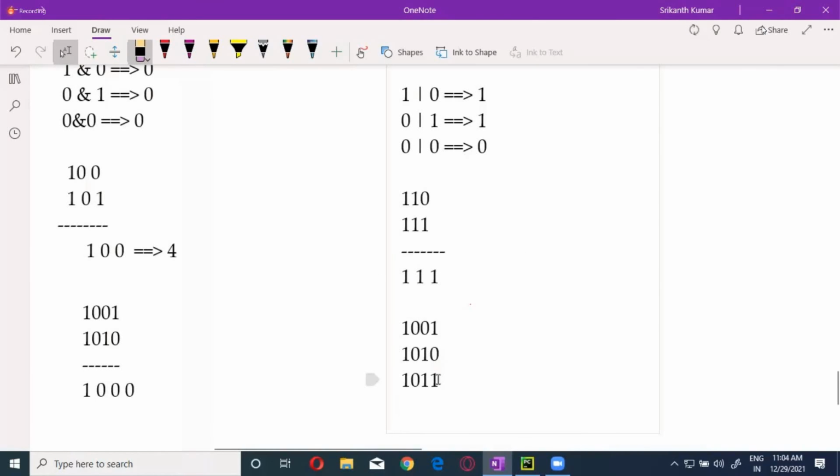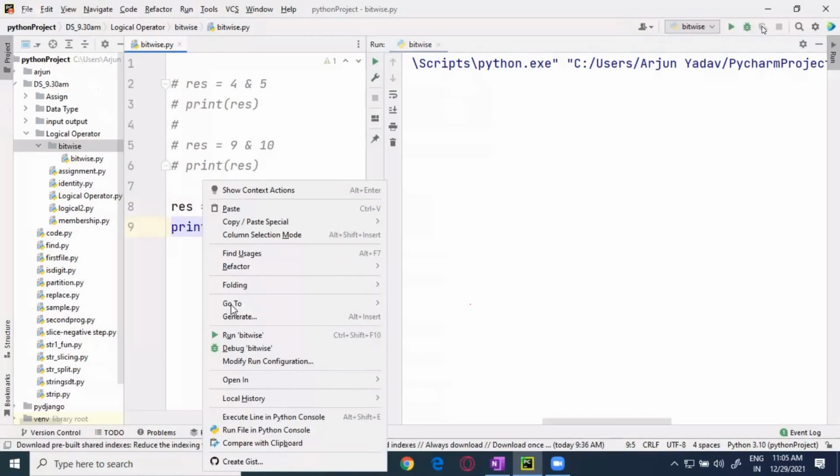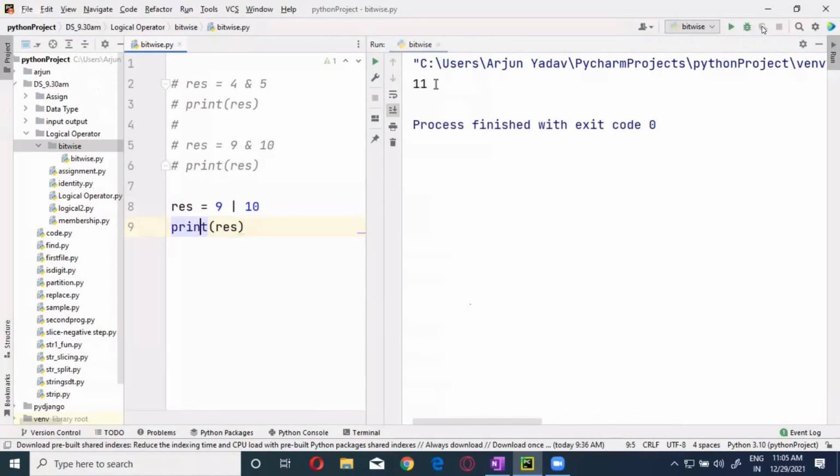Is it 11? Okay, let me write that down. 9 or 10, right? You should get something like this. 11. Okay, so we got something like this.